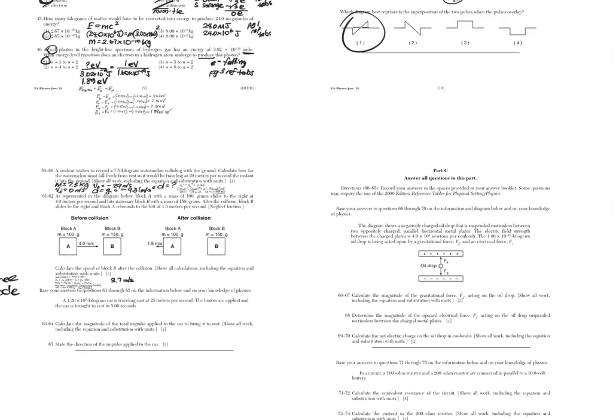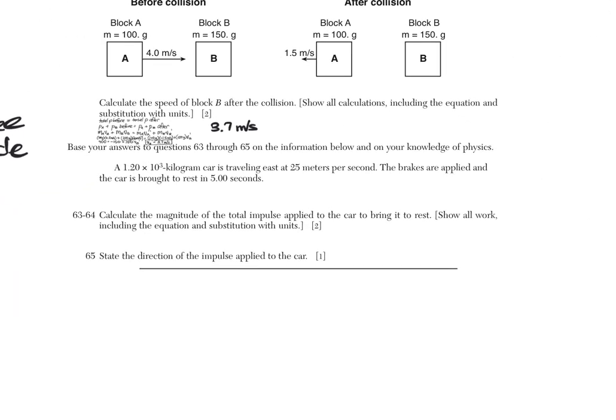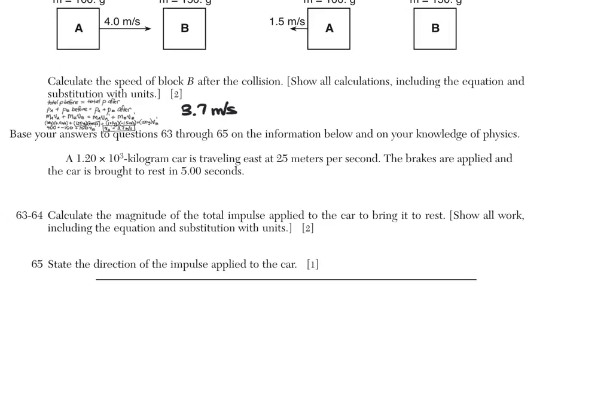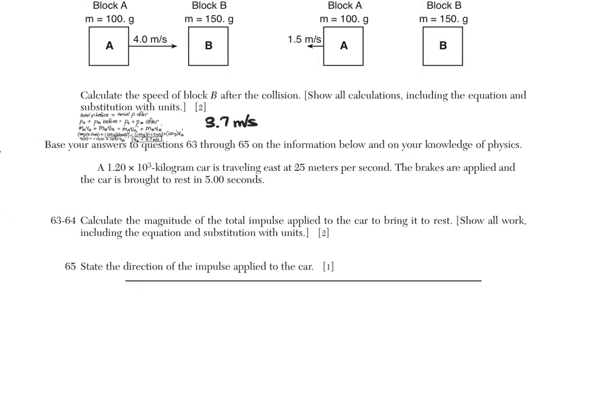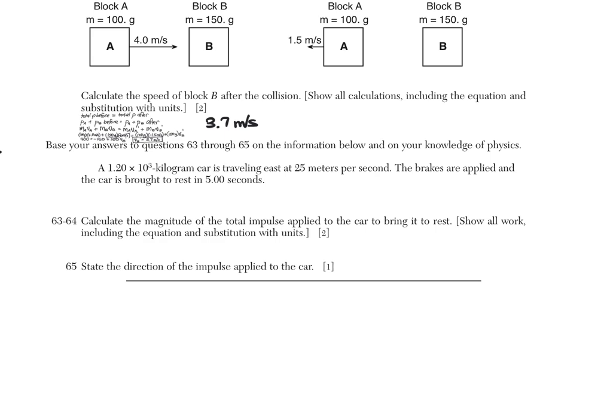Okay, and then the last questions in part B are the set 63 through 65, and it's about more momentum. It's about impulse. So here's the given information. We know the mass of the car, its initial velocity, it comes to a stop, comes to rest, so V final is 0, and the time is 5 seconds. And then 63, 64, what's the impulse? So impulse is a few things. It's change in momentum,